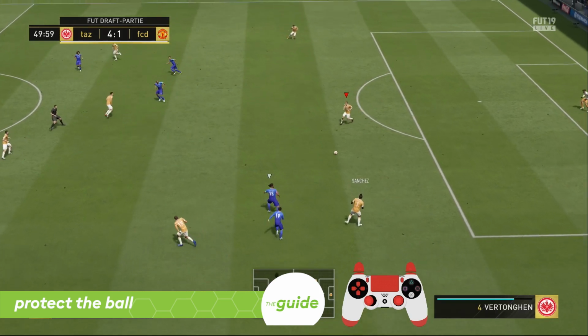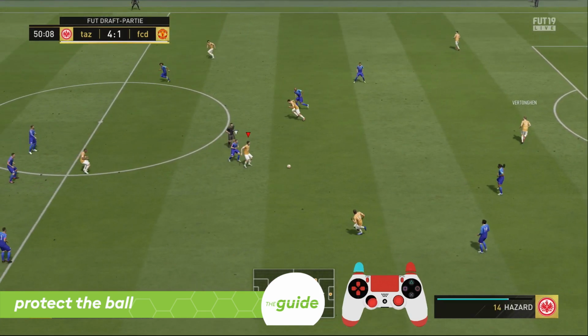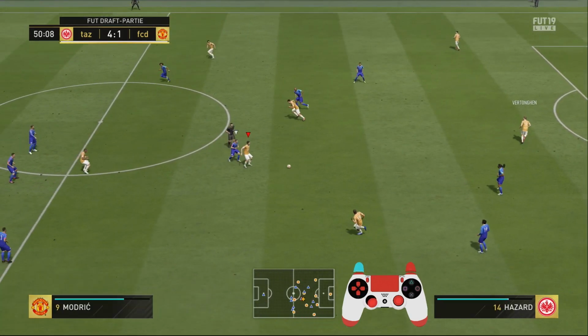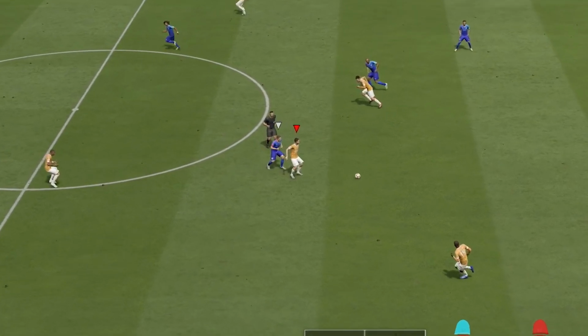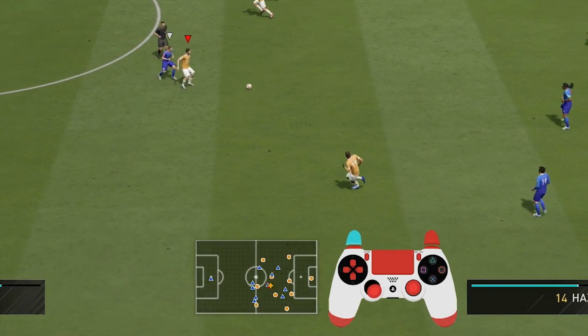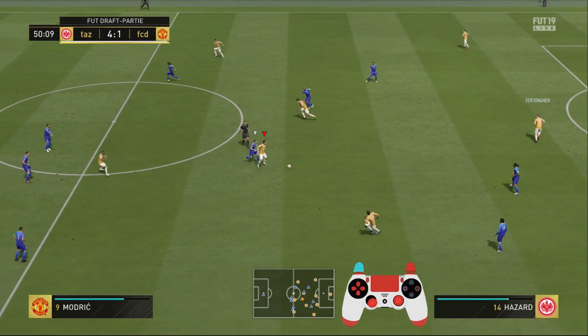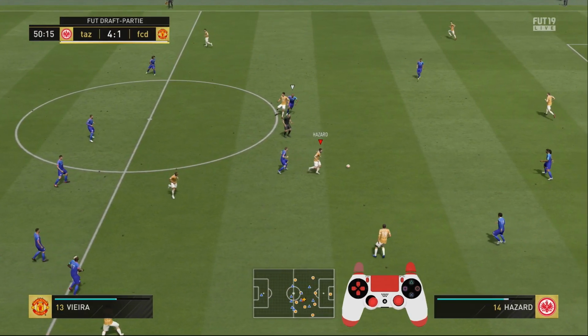First of all, for this technique you have to use the L2 LT button. Basically you do this when you notice that you played a pass to a teammate which is directly under pressure of an opponent. So you press L2 LT to protect the ball, and with the left stick you move away from the opponent. Your player then will try to use his body to shield the opponent away, securing the ball